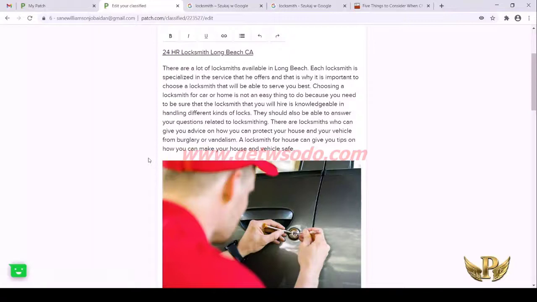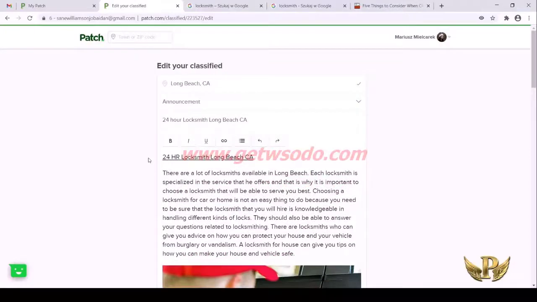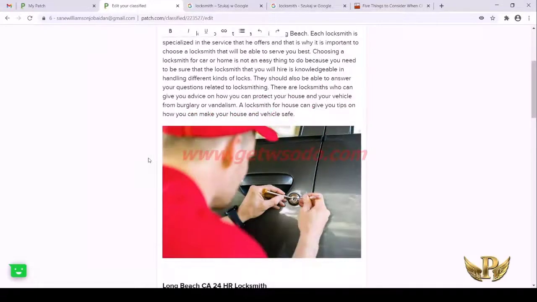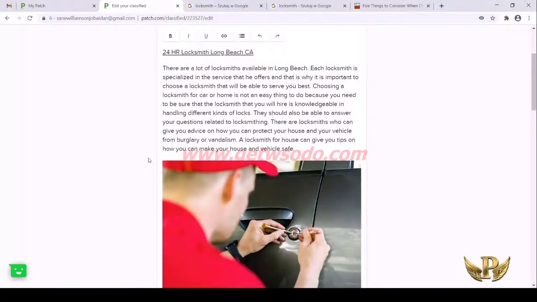I mean, I have some that do last, but patch is more of a test platform. But you can definitely use it to generate leads and all that. But I'm just telling you, don't put a ton of time into it like a Google site or something, because